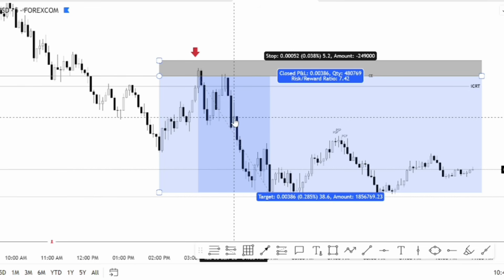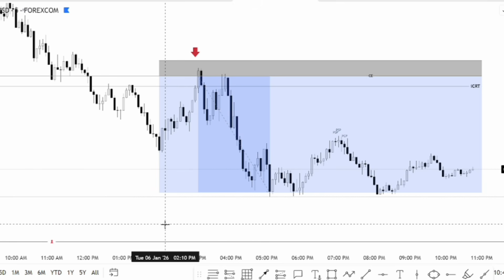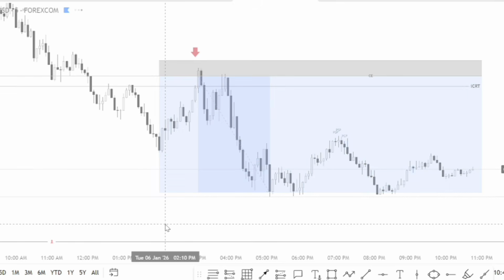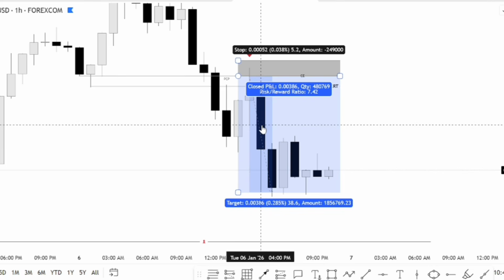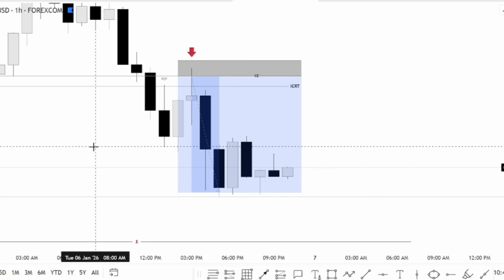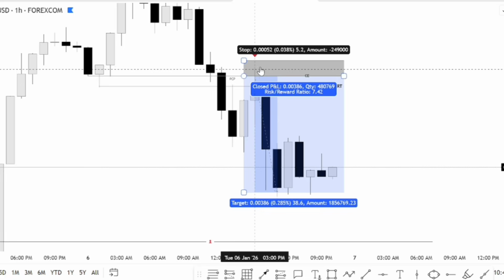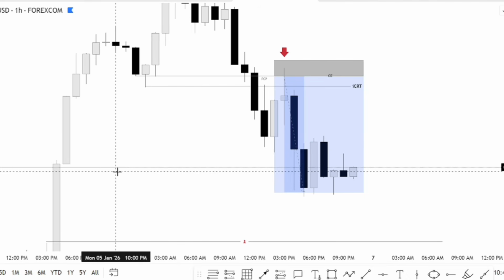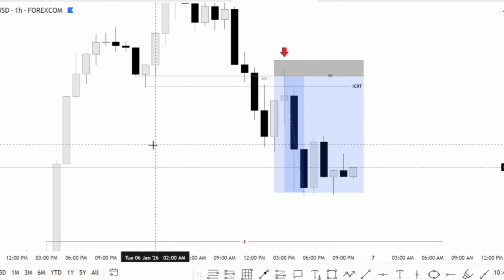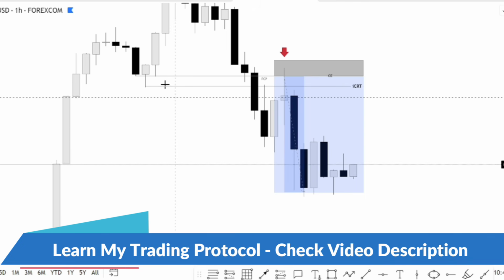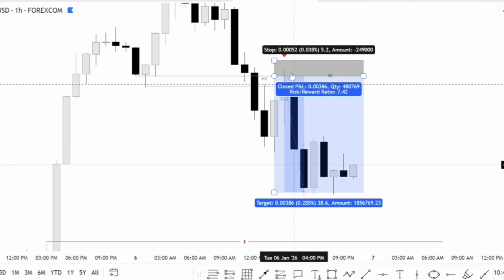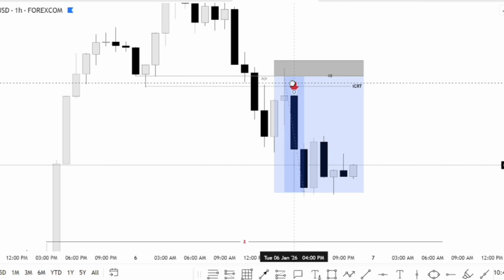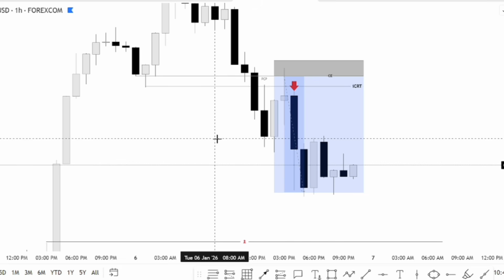Why? Because this was the beginning of a new hour. For those of you who were on my Telegram live session today, I said that I would rather prefer to wait for this candle to close and enter on the next opening candle, and of course that was exactly what happened. However, I entered on this candle before this one opened because that was a little bit aggressive, but not just aggressive, it was by confirmation and of course in line with my ICRT. And of course that's it. If I had taken that setup as well, I would have taken it from that particular zone,